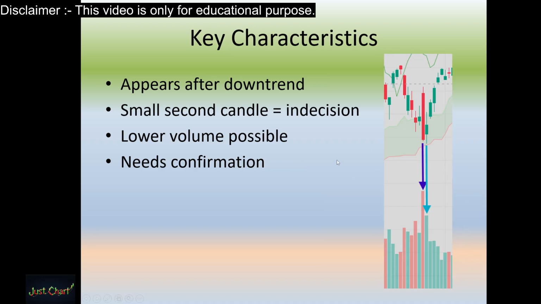Key characteristics. A downtrend is going on, and after the downtrend this particular reversal can happen. This is the signal of that. A small candle equals indecision, so we would like a bigger candle. This one is also not as big as that, but it's good enough. It's above the low of the previous day. Volume-wise, lower volume is possible. On this particular red candle, see how big the volume is, whereas on the next day